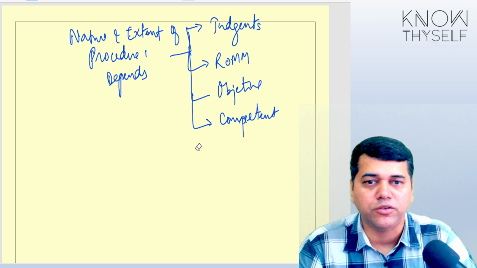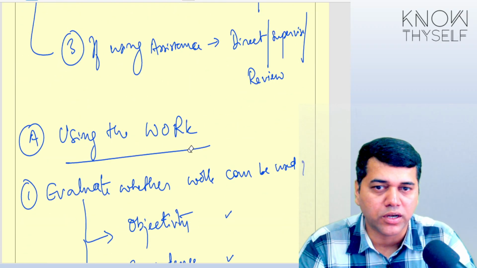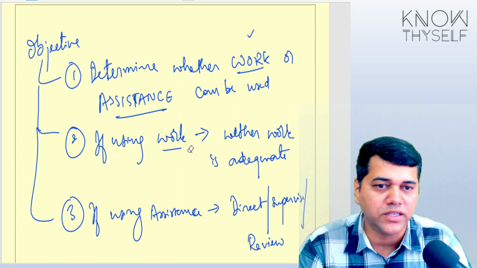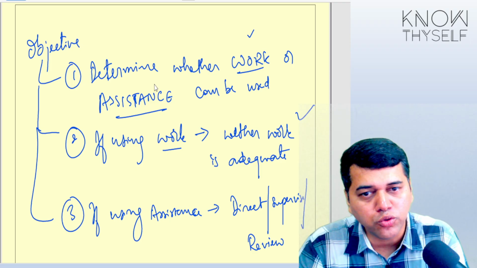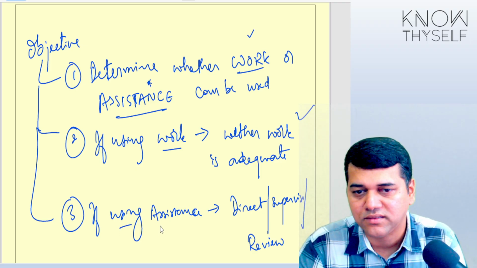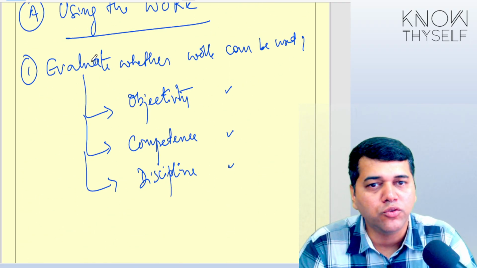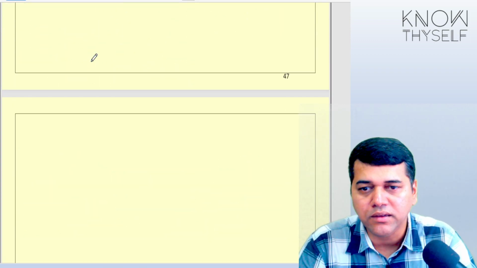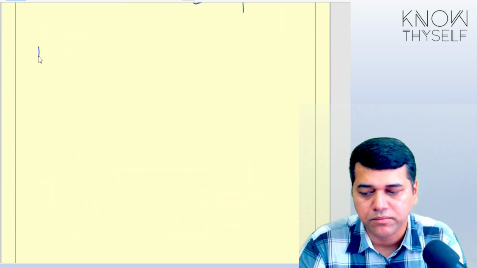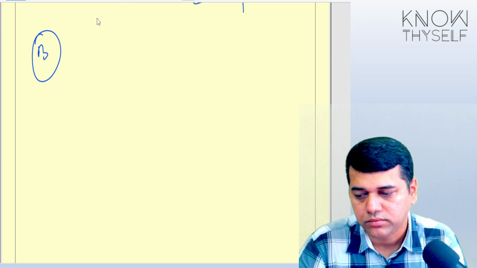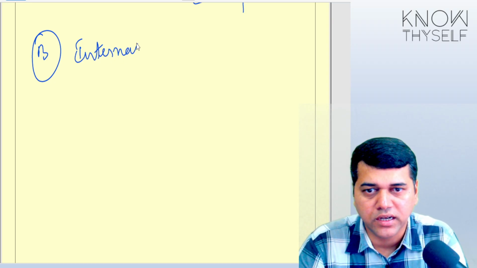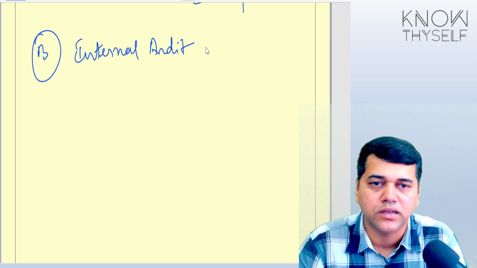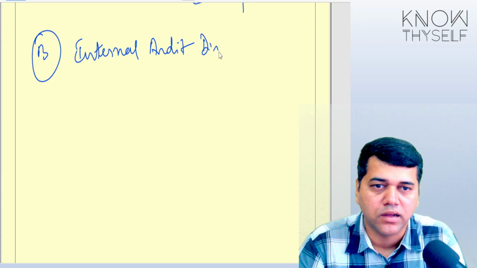So the next point you have to write here, point B. I hope you are clear now how we are determining. So with this second activity, we have performed this. So now I need to do this and this. So what is my B? Using the work, you write B, point number B. Internal audit direct assistance.